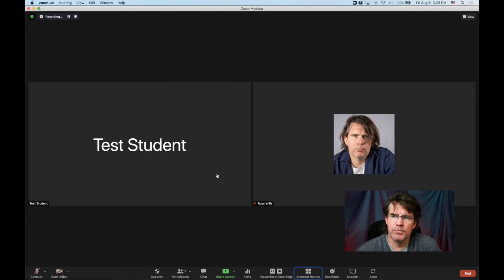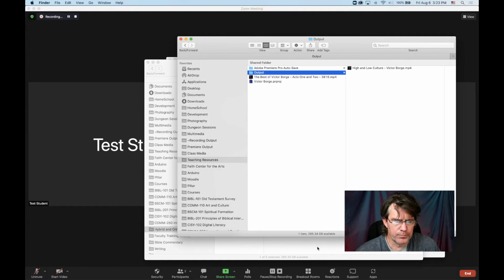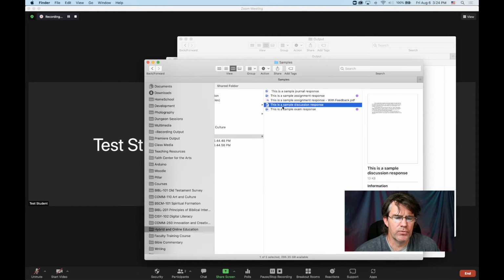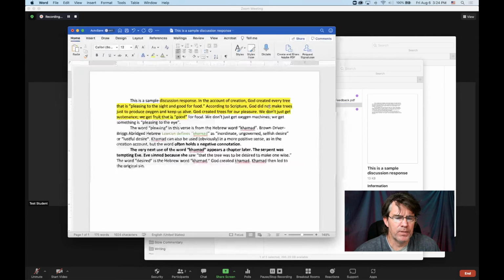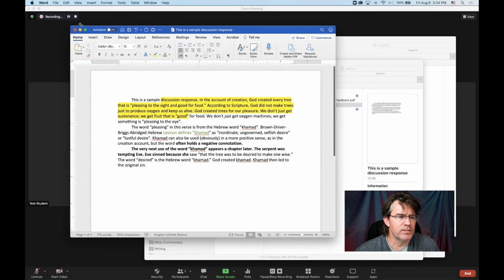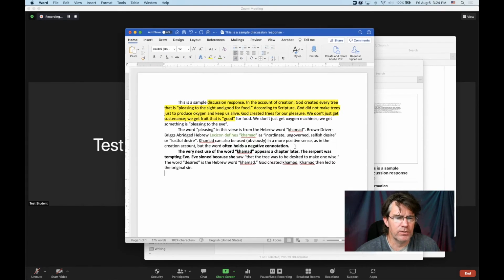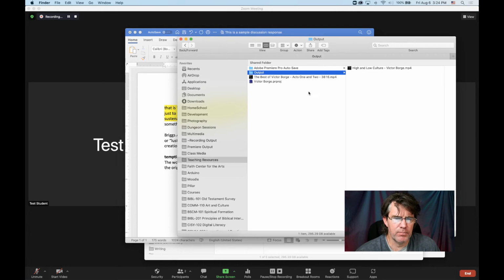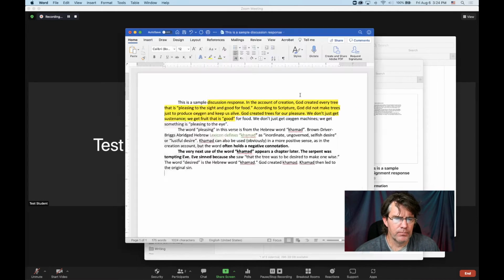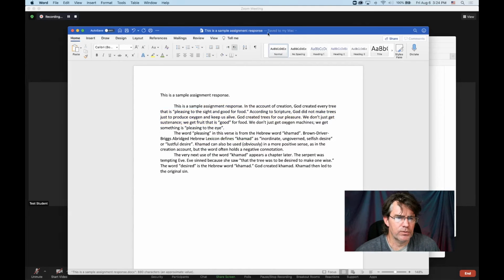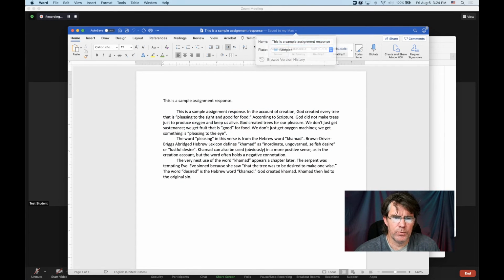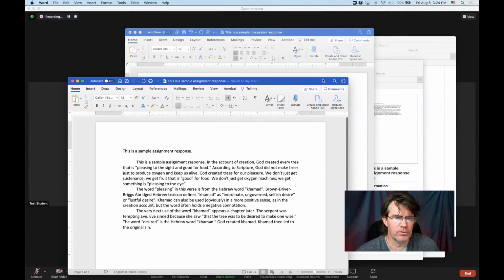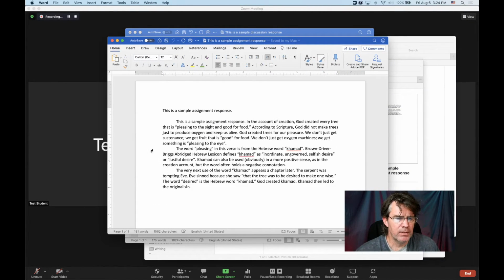Now let's do something similar, except we'll have some sort of a sample paper. So a student maybe wants to see an example of how to edit work, and so you can pull up some work here. We'll find one that has not been edited yet. All right, so here's a good sample, and we can size this and make it as large or as small as we need. Go back to Zoom,